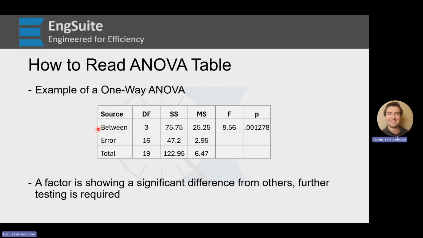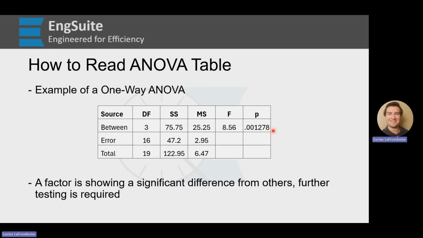That's because between is evaluating the variation between each treatment group. You'll see we have degrees of freedom of 3. We'll get into the math later, but that means that we have 4 different treatments that we're looking at. Here is our sum squares, our mean squares, and then our F and P value. We can use an F critical value to evaluate significance, but it's probably easier to use a P value because